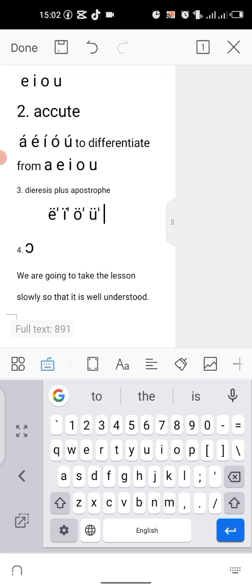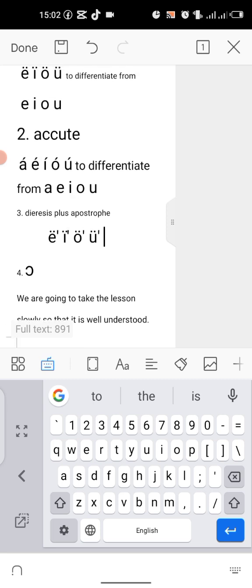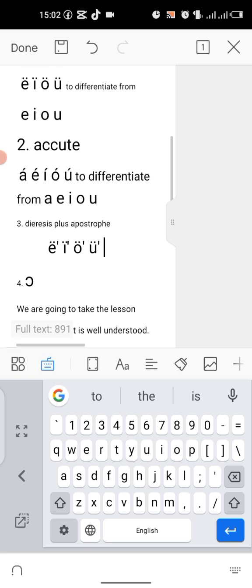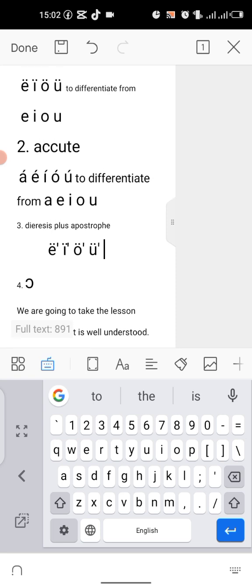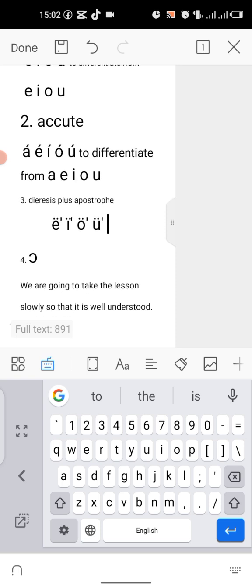So the apostrophe is added because you cannot add the acute and the diaresis at the same time. So the apostrophe is added instead of the acute. So the apostrophe here has the same effect as the acute,